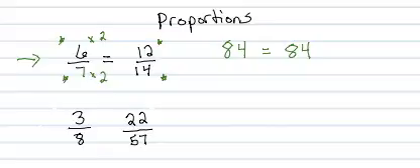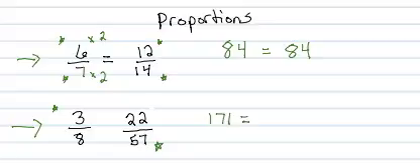Let's take a look at these next two ratios and determine if they are proportional or equal ratios, 3/8 and 22 to 57. Now, this one's a little bit more difficult because we cannot multiply evenly, because 3 times 7 would be 21, so there's no whole number where we can multiply evenly. So again, we can take a look at the numbers which are diagonal from one another. So 3 times 57 is